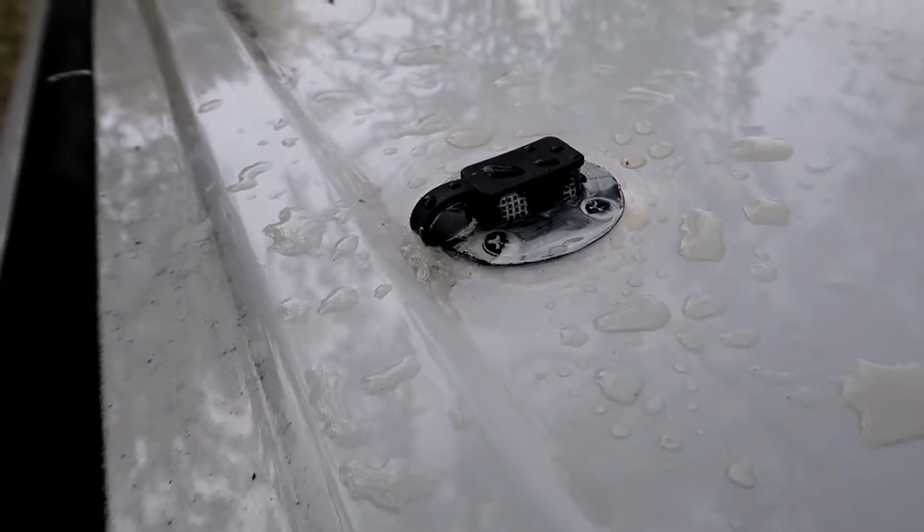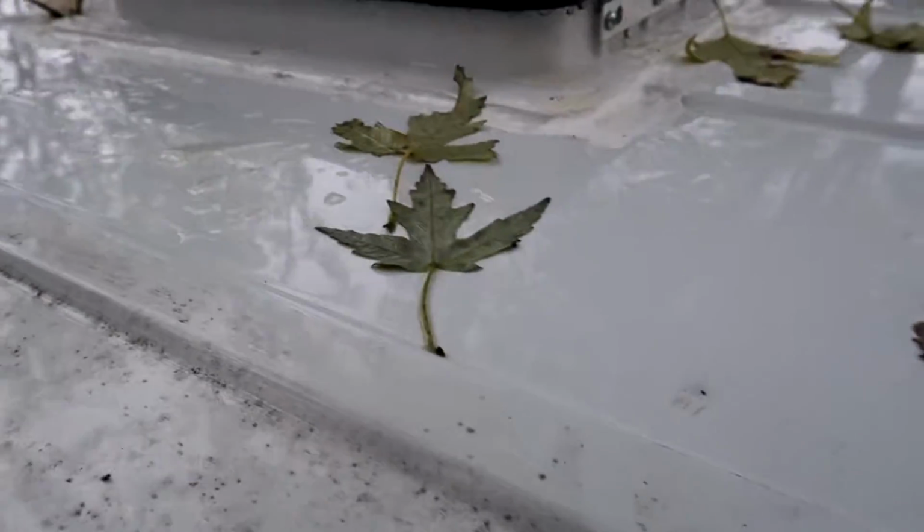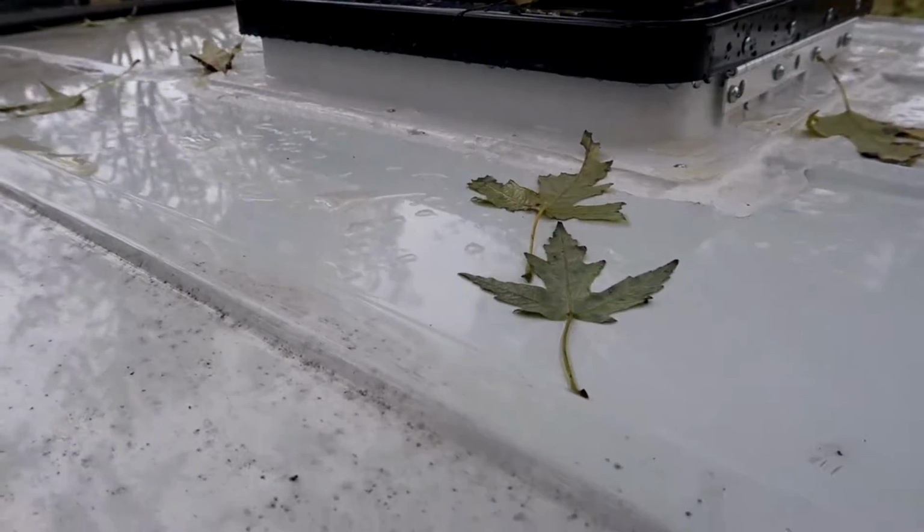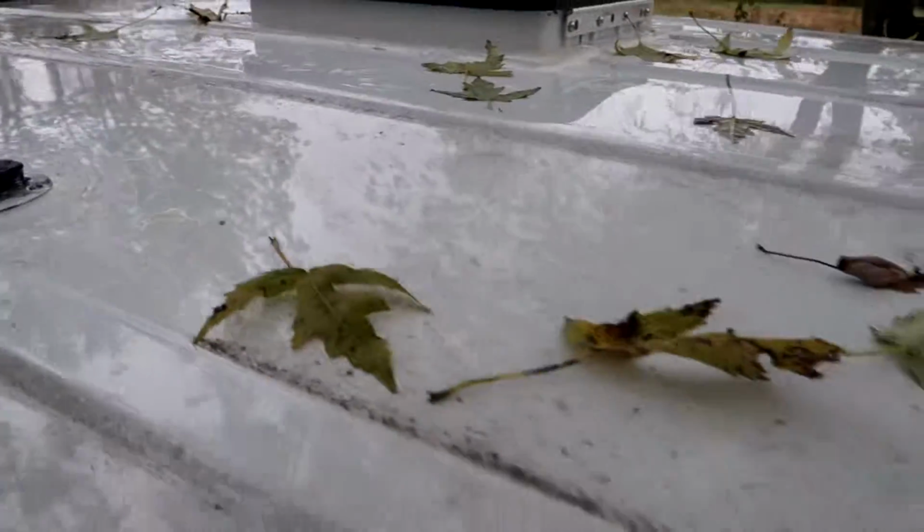And then here's the other 12-volt plug. You can see I went around everything. I even went over all the screw heads, because there's caulk underneath the screw heads, but I went over them as well. That way it's all waterproof over the screws and everything. So